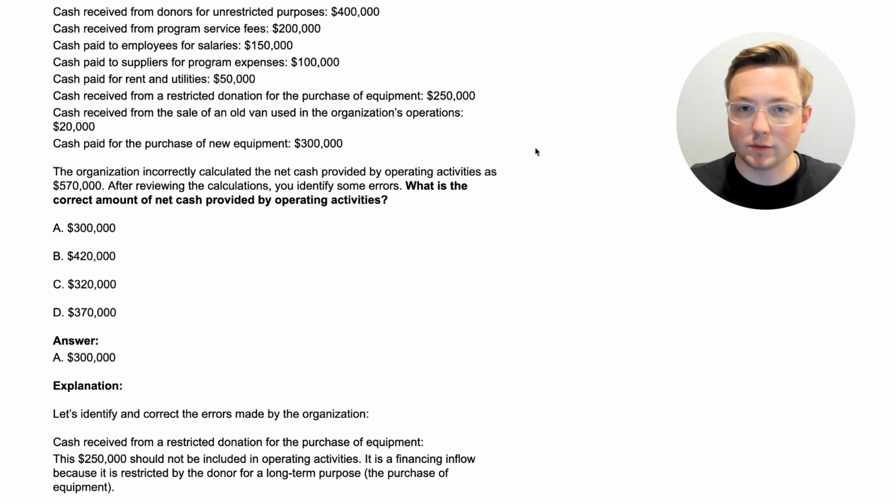Now, again, that was maybe a little bit confusing because it was kind of a question that was meant to have you go through it yourself, think about the things that could have gone wrong, look at the calculation that they did, and then look at the calculation that should have been done to see where they went wrong. Now, I know we went over a lot in just 5 questions, and this was a little bit of a different topic because the previous one was about preparing, this one was about correcting.